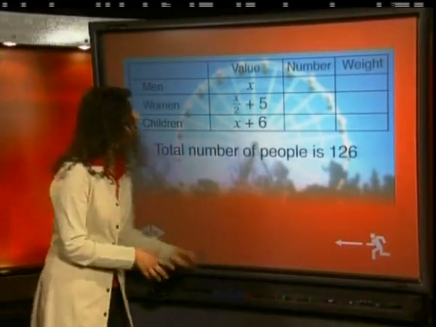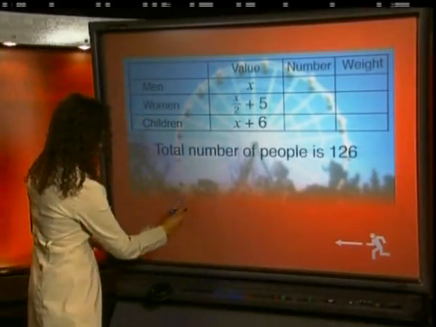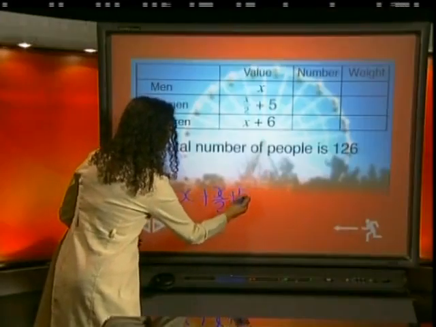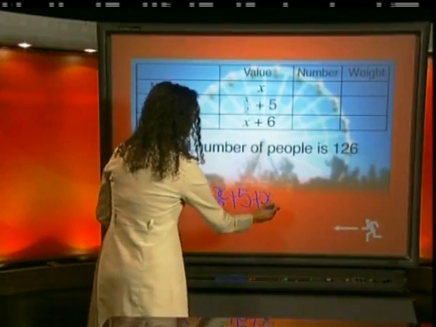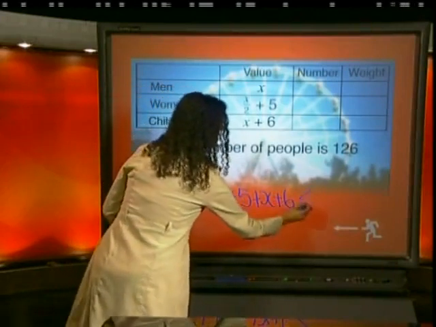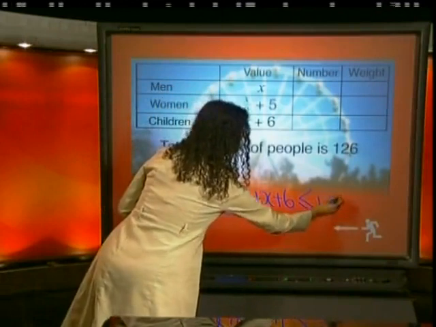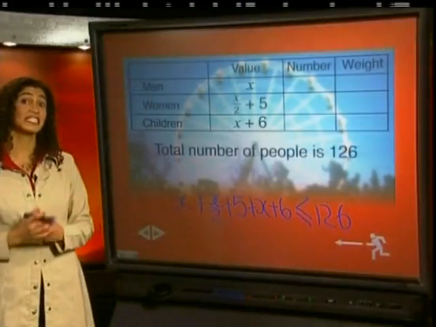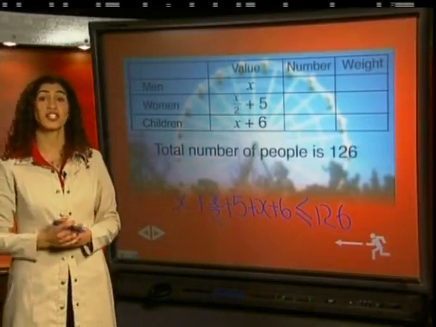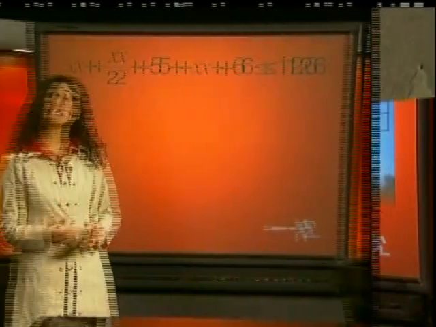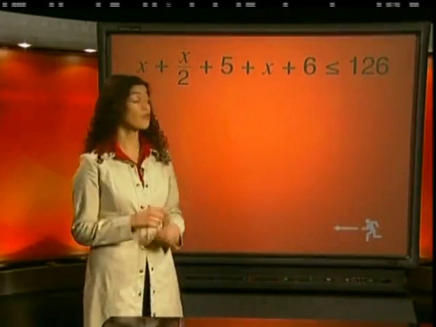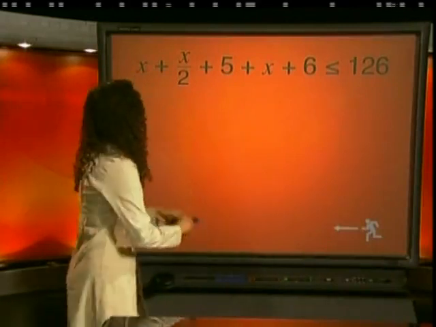So the inequality would be X plus X divided by 2 plus 5 plus X plus 6 is less than or equal to 126. And to find out how much X is, we need to solve the inequality to get it on its own. Let's keep all the X terms on the left and all the constant terms on the right-hand side. So we write